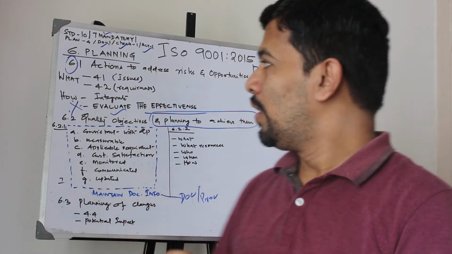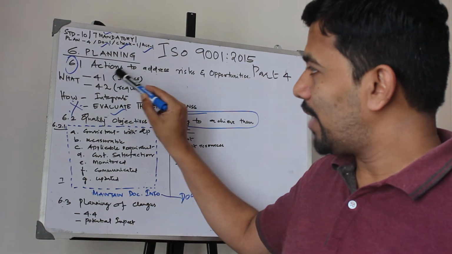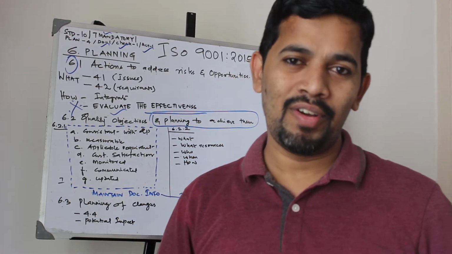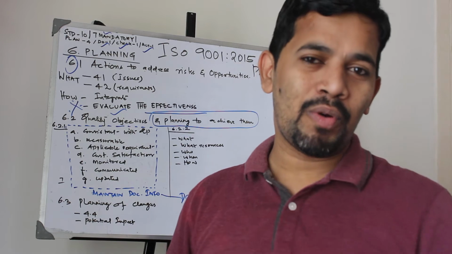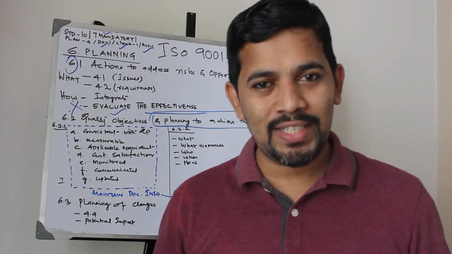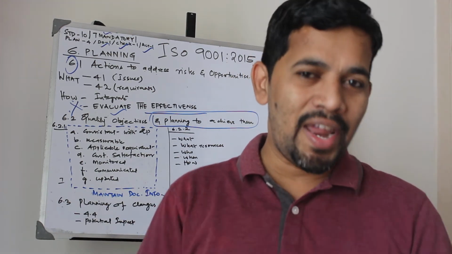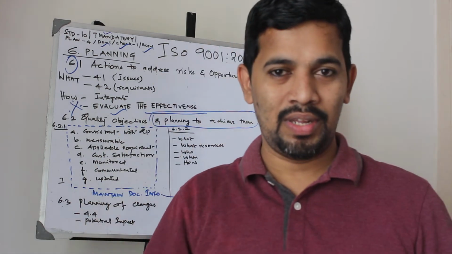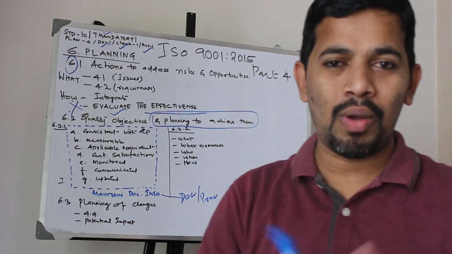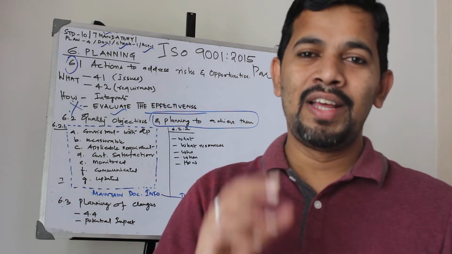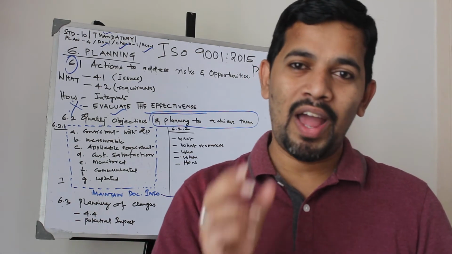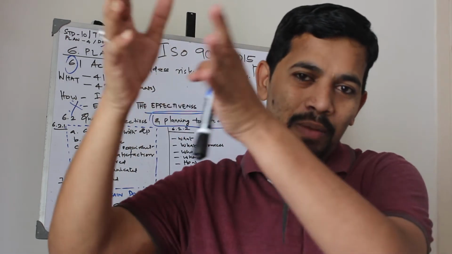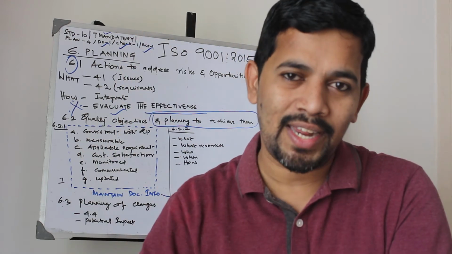Let's go further. In this planning there is action to address risk and opportunity. The standard has given a reference to 4.1. You all remember what 4.1 is? It is very simple: internal issues and external issues. We need to go back and see a mapping of risk and opportunity. What is risk and opportunity? When you talk about risk and an event, risk can be positive or negative, and there are 2 factors given: likelihood and consequences. What impact it will give, what occurrence it can have.